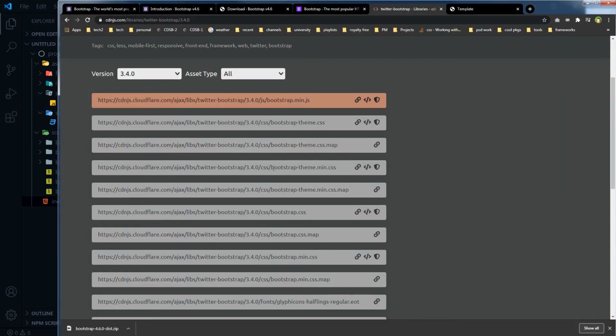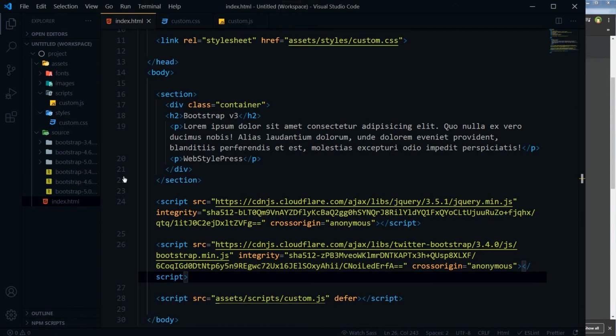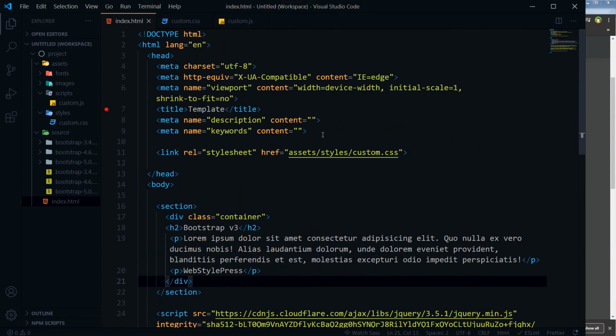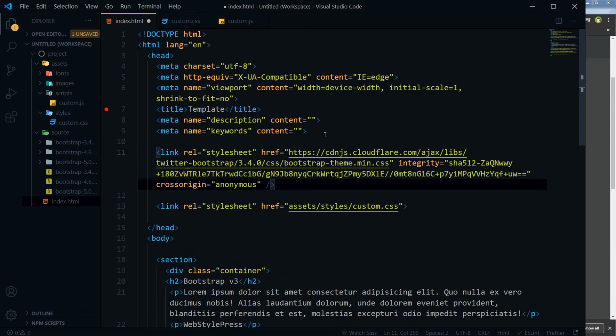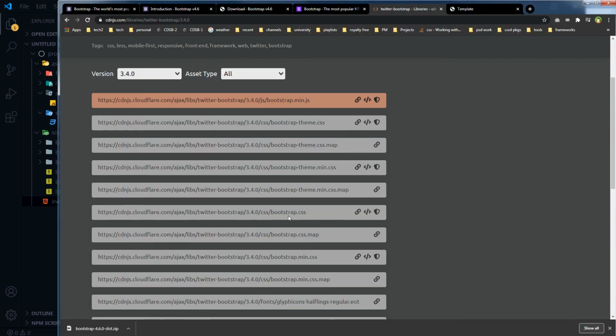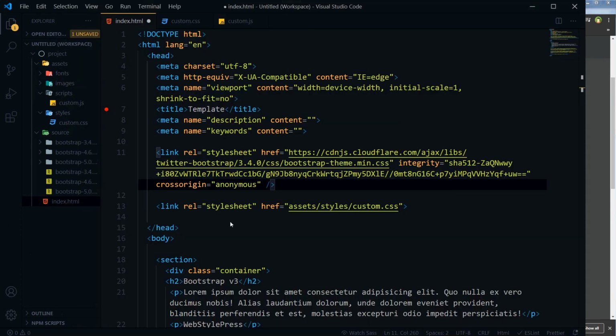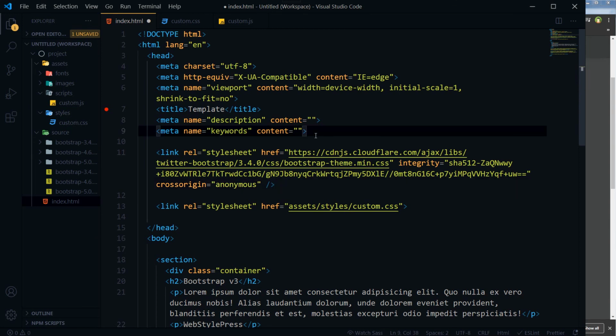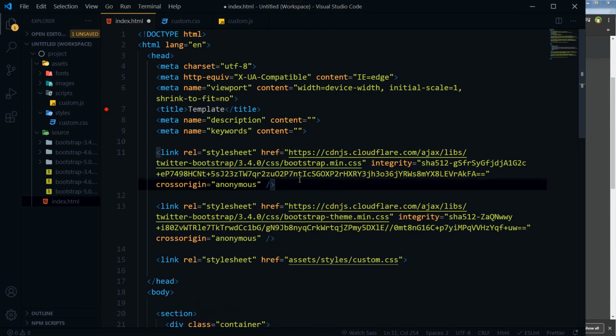For CSS, Bootstrap theme minified version, copy tag, paste it here, and then Bootstrap minified version for CSS, copy tag, paste it here. So first Bootstrap CSS minified version, then Bootstrap theme minified version CSS, and then your custom.css,